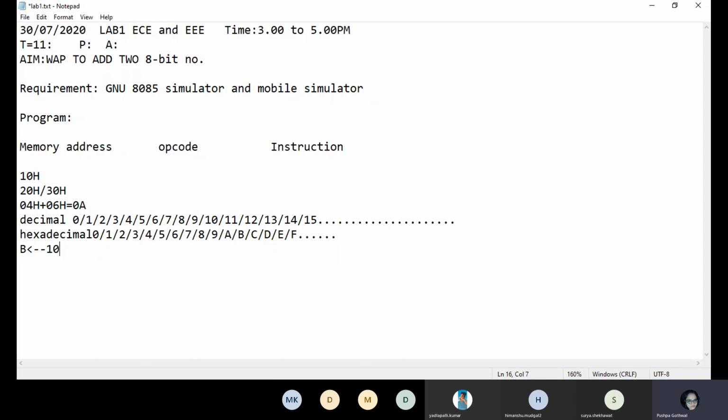Assume you are loading one value in the B register, and one value in the A register. This arrow indicates that your value is loading in this direction. So whenever you want to load B and A with these values, what instruction do you need to write?